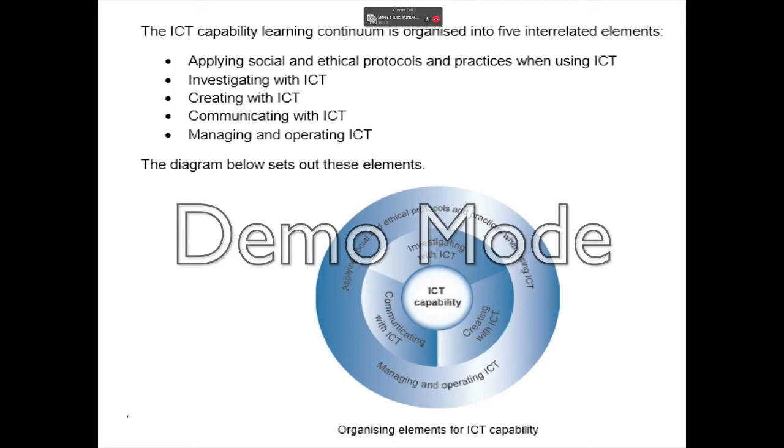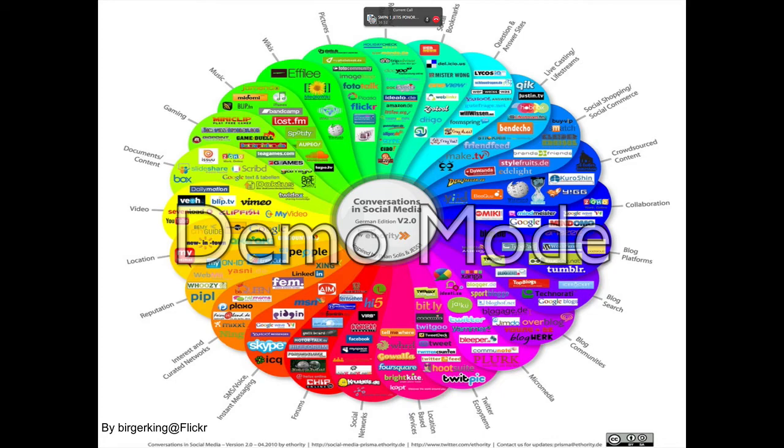And if we move on to the next slide, what we have here is a really busy diagram, and I hope you can see it fairly well. It's a social media chart, and it literally lists all the various kinds of social media, and it's mind-blowing because there's so many, and it's like, oh my goodness, how do I teach with all of those? But what it's about here is using the ones you can. So an example is Education Queensland. Here in Queensland, they actually block anything that's on the cloud, so you can almost not use most of these things. Having said that, it's about using whatever tools you're given in the best way.